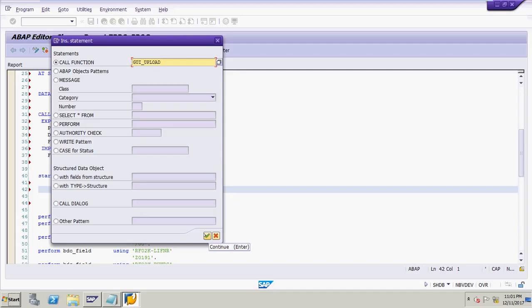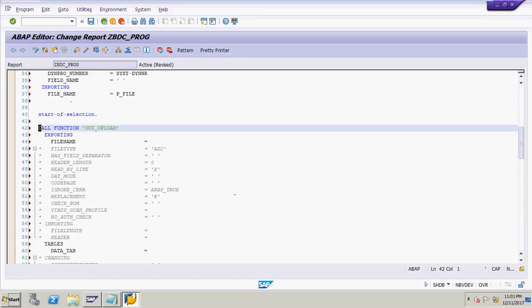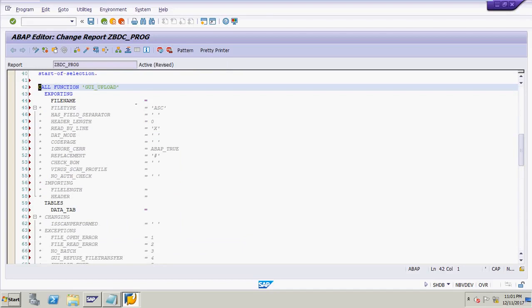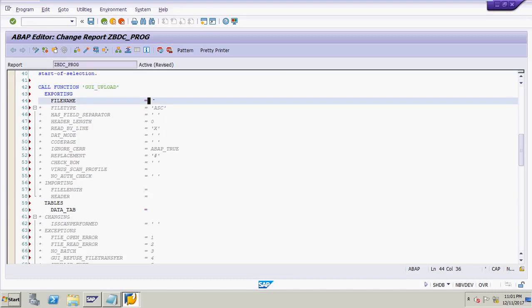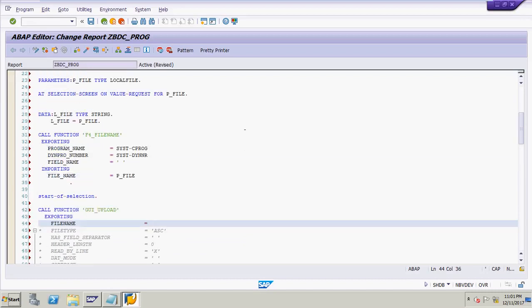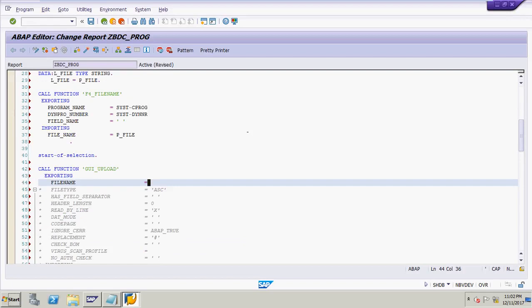So you have to call this function, click on the continue button, and after that the file name. In GUI_UPLOAD, the file name is l_file.